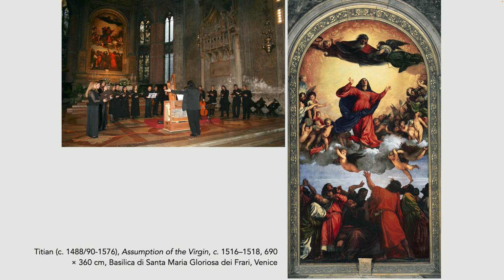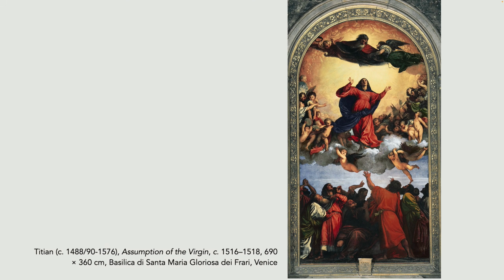Just showing you this because I said it's an enormous painting, 7 metres high, but you've got to remember it's an enormous church. The Basilica di Santa Maria Gloriosa dei Frari, the Frari, is a very big church, and it's situated at the back behind the altar. And so even from the front, I took this photograph from the front of the pews, and you can see that the painting, although it's so large, is in keeping with the size of the basilica.